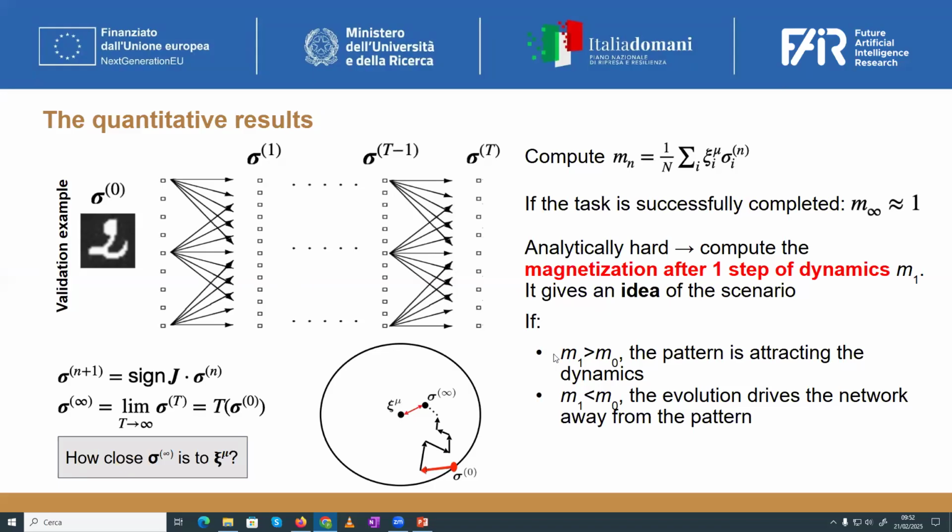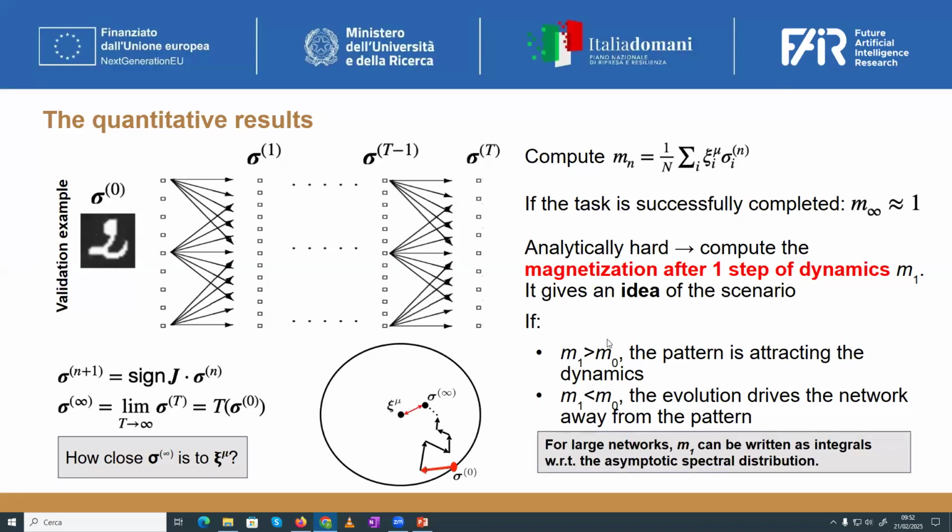But in general, if this magnetization is higher than the starting overlap of the validation example with respect to the feature, of course, we are going towards the hidden feature. So in this case, we can expect that this situation can hold also for deeper layers. But the basic point is that this magnetization here for large networks can be exactly written in